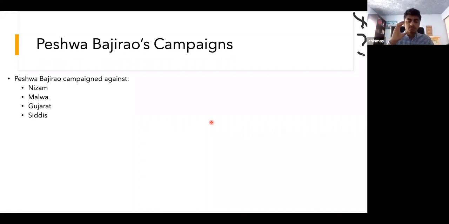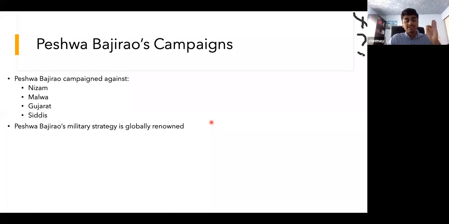Chhatrapati Shivaji Maharaj's goal of Indian self-rule is coming into fruition 20, 30, 40 years after his death, as Peshwa Bajirao is campaigning against the kingdoms around him. And Peshwa Bajirao's military strategy is globally renowned. Today we just remember Peshwa Bajirao from that Bajirao Mastani movie. But that is a very insignificant part of Peshwa Bajirao's life. An undefeated military general,